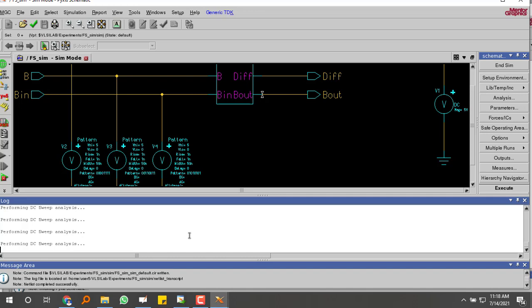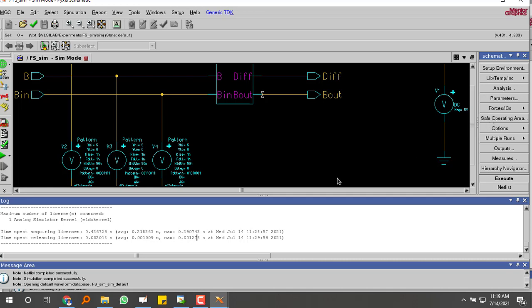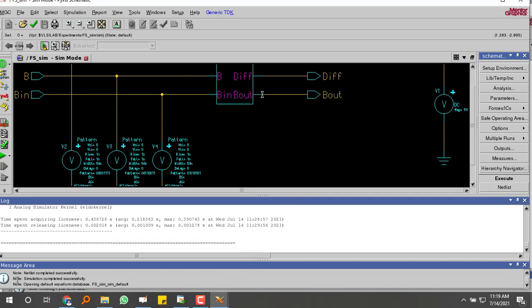It will take some time. So your simulation successful.